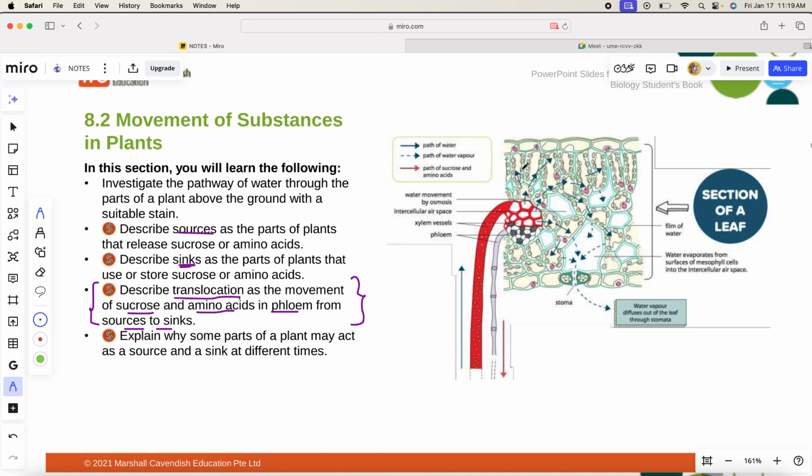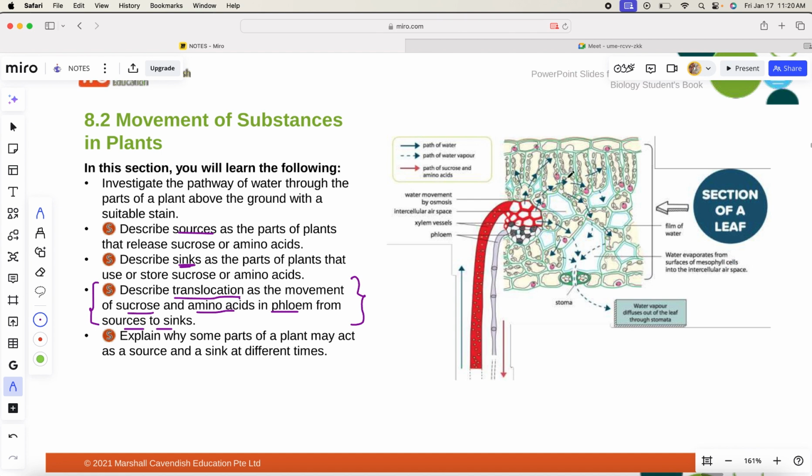Okay, so this palisade, this is where the chloroplasts are. The chloroplasts trap the sunlight energy, and this sunlight energy cause this water, you know, the water will diffuse here, and then cause this water to react with the carbon dioxide. The carbon dioxide diffuses into the leaf through the stomata. The stomata, the guard cells will open. The carbon dioxide will enter as a gas, and it will react with the water in the palisade layer, and